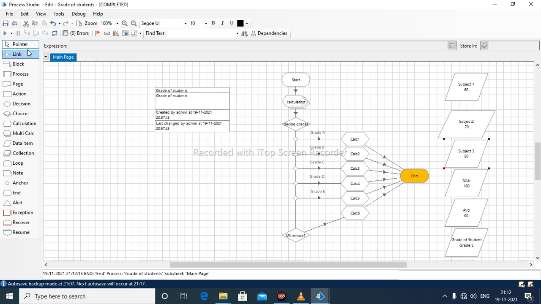So we will reset the process. Now subject 1 marks are 60, subject 2 marks are 70, and subject 3 marks are 80. Okay. So now run process. So total is 210, average is 70, and you will get grade as D.